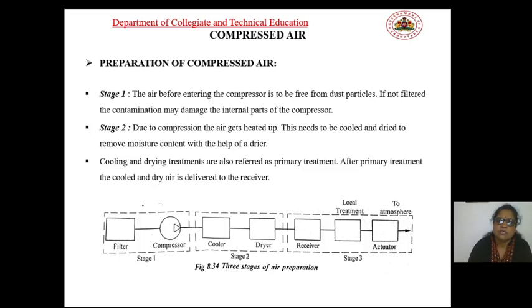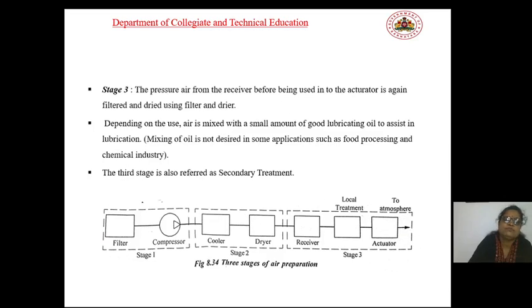Second step is, due to the compression, the air gets heated up. This needs to be cooled and dried off to remove the moisture content with the help of a dryer and cooling, as I said earlier. In stage 3, the pressurized air from the receiver, before being used in the actuator, is again filtered and dried using filters and dryers, that is in the local treatment. After that, it has to be